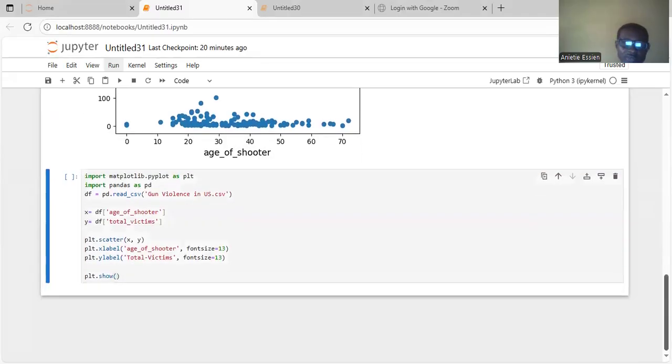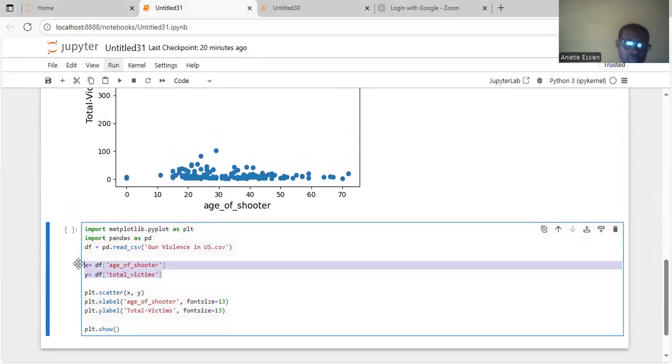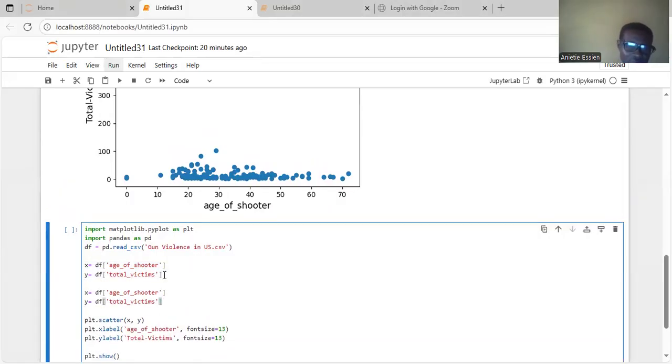Okay, let's try something else. Let me try something. I just want to try putting two different charts here. At first we add them. Okay, this was what we have initially. I want to plot